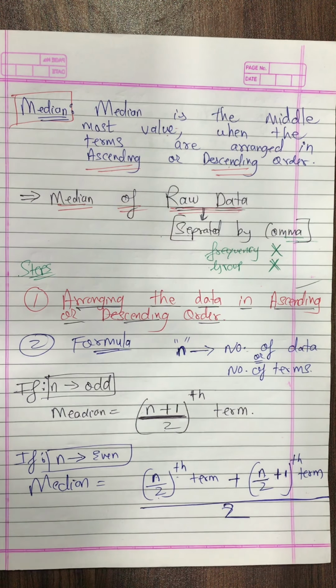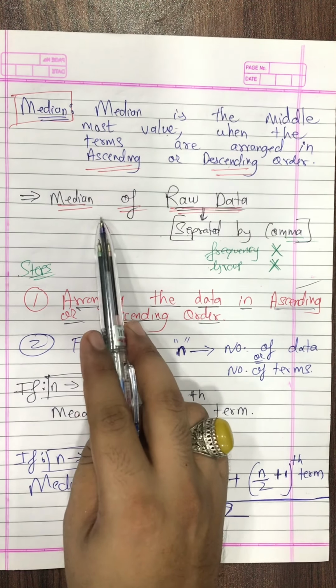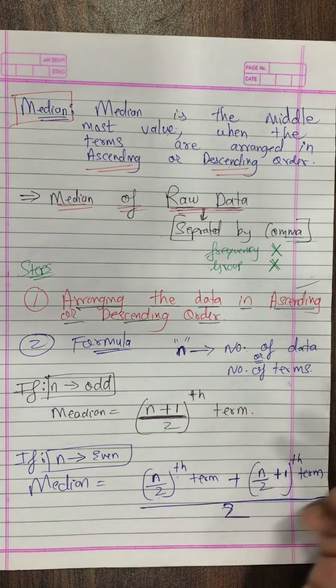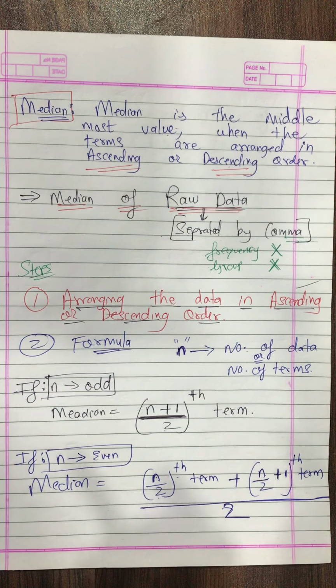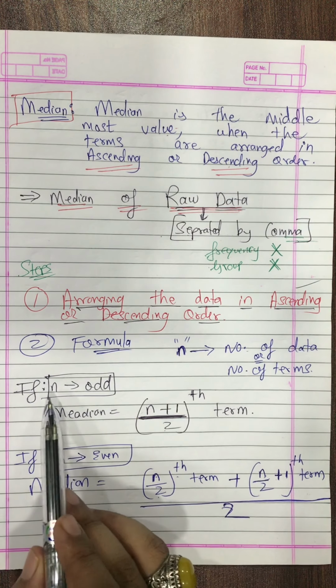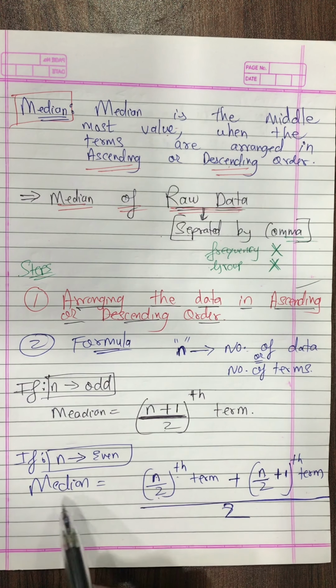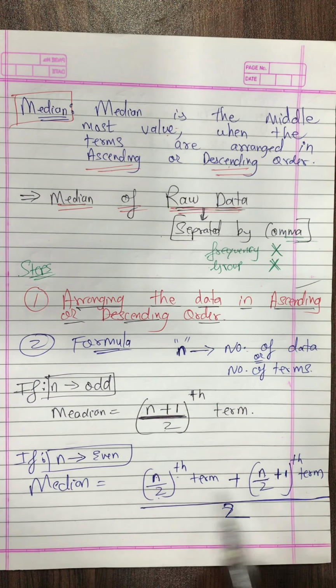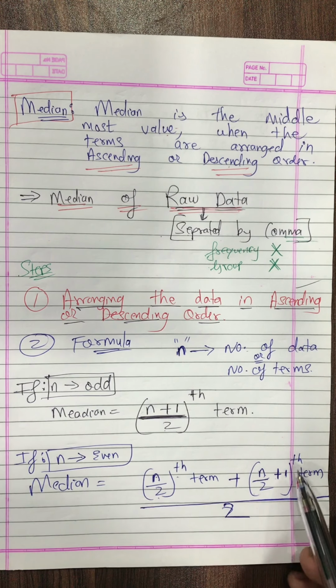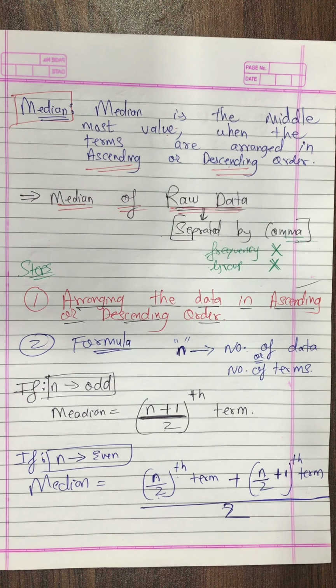Students, today, at present, I am doing the median: how to find median of raw data. The second is how to find median of tabulated data. Over there also the formula remains the same, for n when it's odd and for n when it's even. So I'll say you have to rote learn this. Fast, repeat with me. When n is odd, median is n plus 1, the whole upon 2th term. When n is even, median is what? N upon 2th term plus n upon 2 plus 1th term, the whole upon 2.